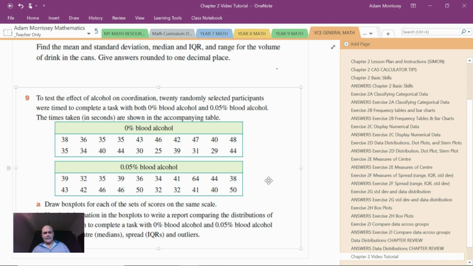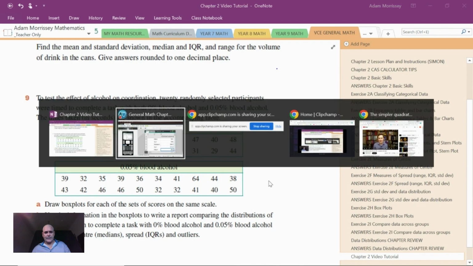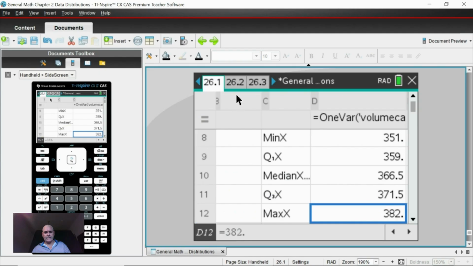looking at where the centers are, so the medians, and we need the spread. So we're going to need the IQRs, and we're going to look for some outliers here. So knowing this, what I would encourage you to do is when you get on your calculator,